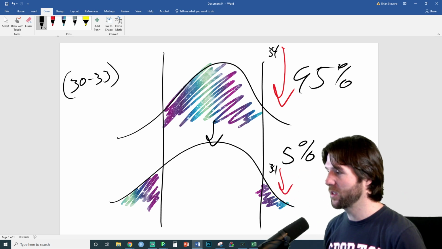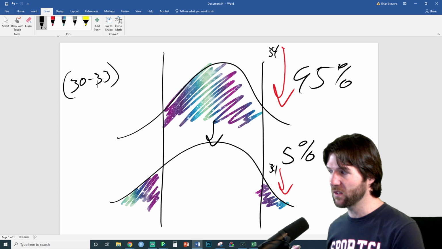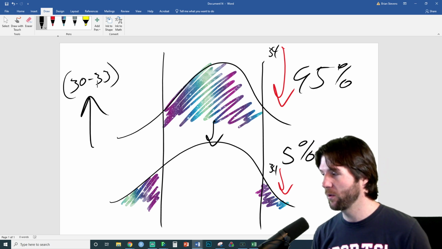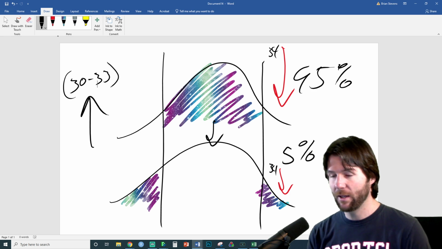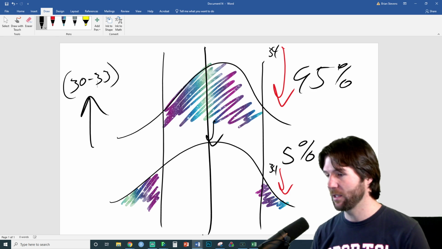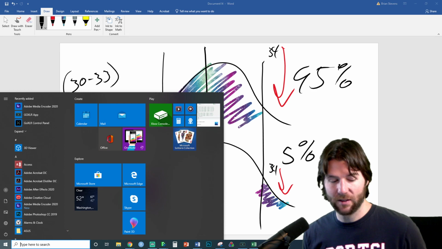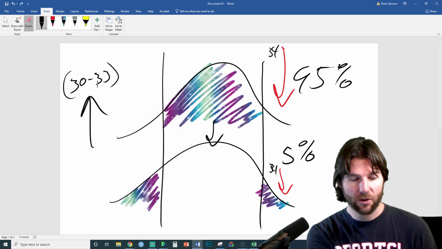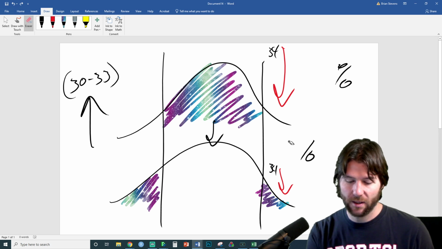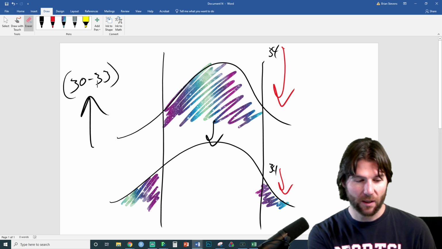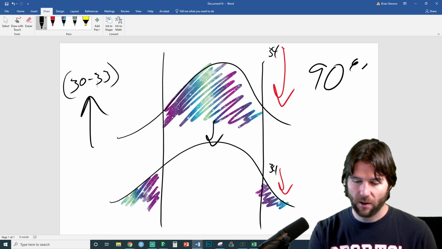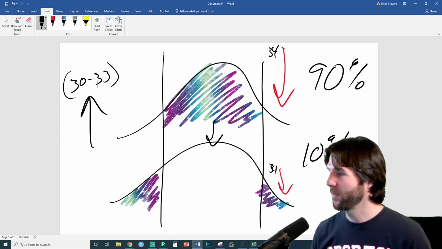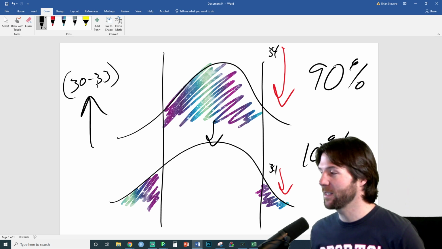Does this help with this concept? Does it make more sense that anything inside the interval, like if I said, do you think the average age is 32, you'd be like, well, yeah, that's inside my interval, and I would not reject it. When it is a 90% confidence interval, it would be a two-tailed test with 10% alpha. So if we were to do a 90% confidence interval, it would be a 10% alpha, or 0.10 alpha. So that's got it right there.